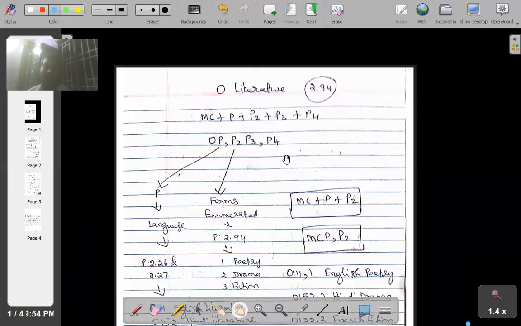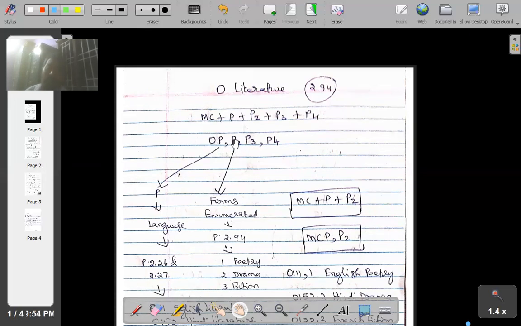And before we proceed further, please understand the connecting symbol that is to be used here. See, between main class O and the personality P1 there is no connecting symbol. So we don't write P1, we write only P. That is implied. As we had already discussed, there is no symbol between main class and the personality. But there is a comma, a connecting symbol, between P and P2.